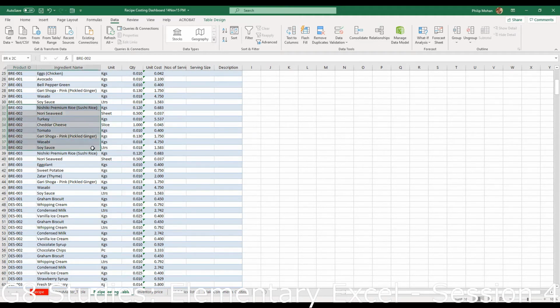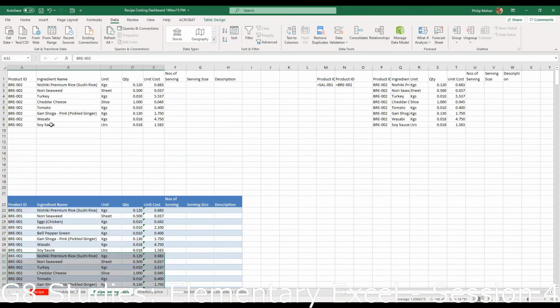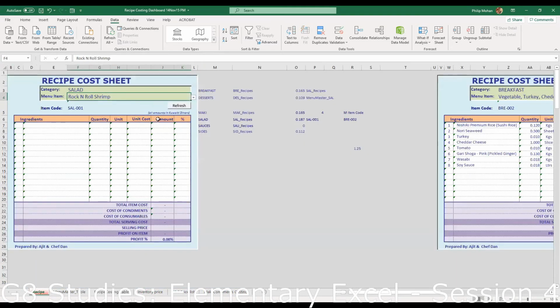Is that correct, Ajit? I guess, yeah. Because I've given it a code. How do I know the code? Yeah, BRE 002. Sorry, this is something else. Yeah, in fact, this is the one. Both of them show the same thing. So it's already changed it. All these together make the salad. Now, when I do the refresh here, oh, so I was wrong, right? That was for breakfast. It's mixed lettuce, shrimps, and wasabi flakes.